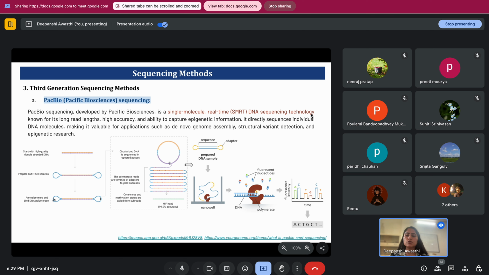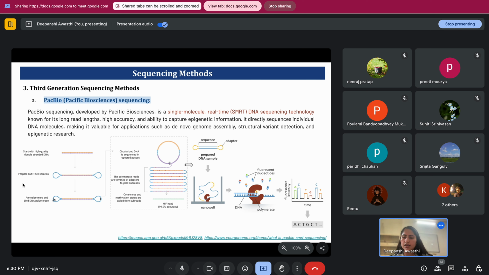Whenever you do assembly, there are chances that there could be errors, so that's why those methods were having some error. But when we talk about the third generation sequencing methods, as they are single molecule real time sequencing methods, you are directly sequencing the entire genome, so you don't have to fragment it into smaller regions. That means you don't have to assemble the reads in the end, so in that way the error is reduced to some extent. So in Pacific Biosciences also you have a high quality double stranded DNA